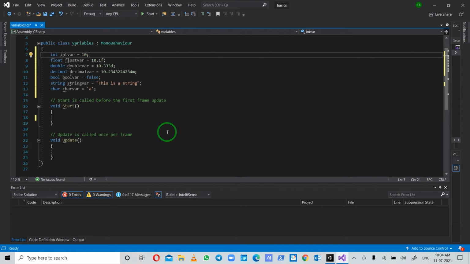An L value is any expression that may appear as either the left hand or right hand side of an assignment. And an R value is any expression that may appear on the right but not the left hand side of an assignment.